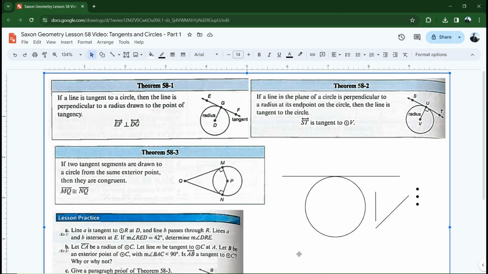Hey, geometry students, it's time for another lesson in geometry, and this time we're going to be talking about tangents and circles. Notice that this is a part one lesson on tangents and circles. Now, if you recall, a tangent is a line that just barely kisses the outside edge of a circle at